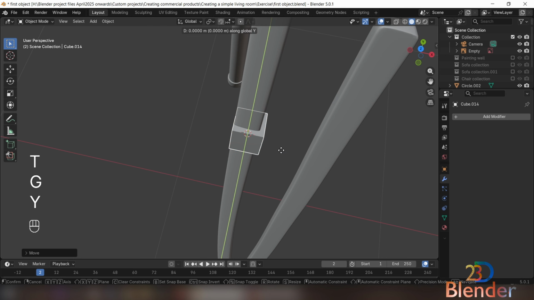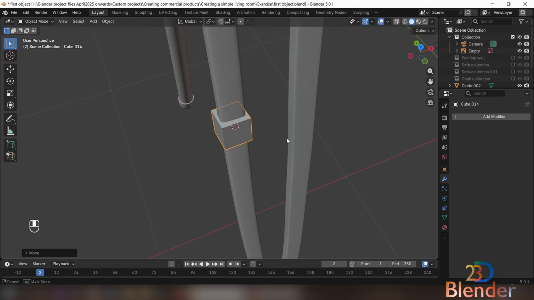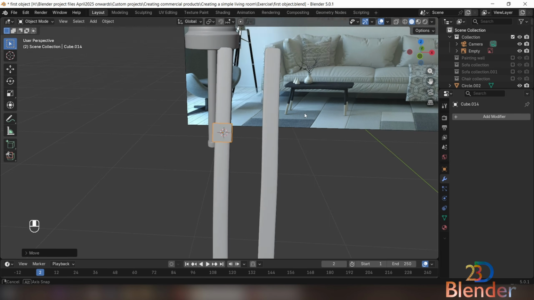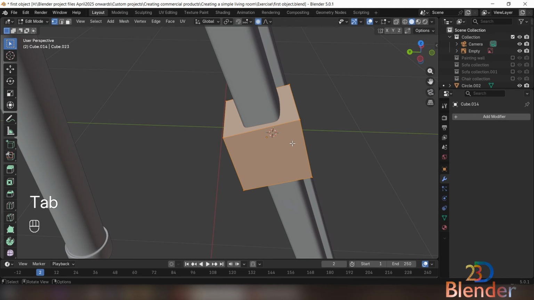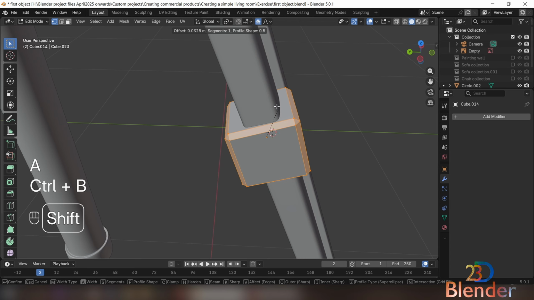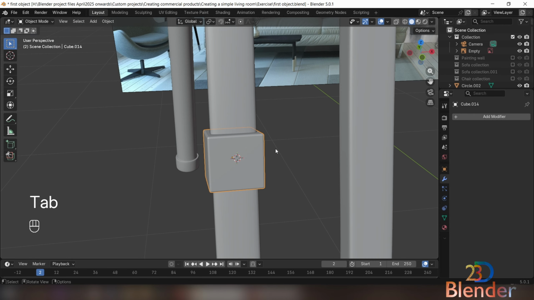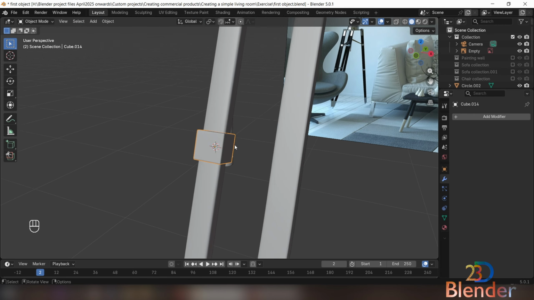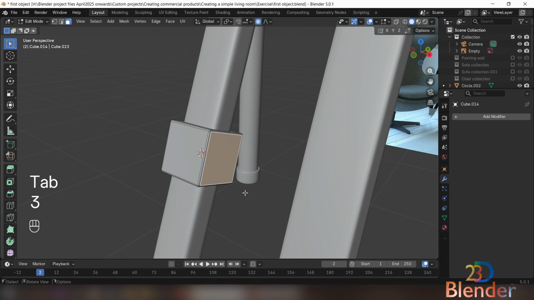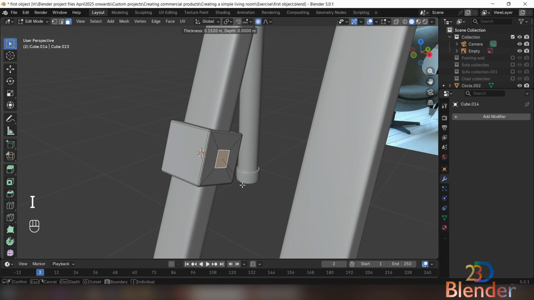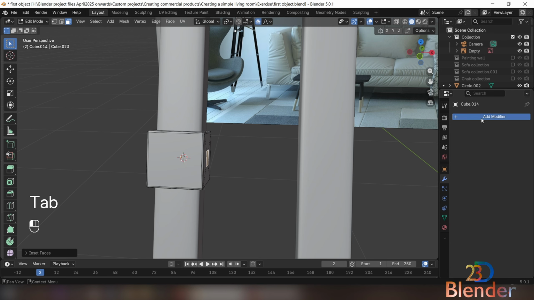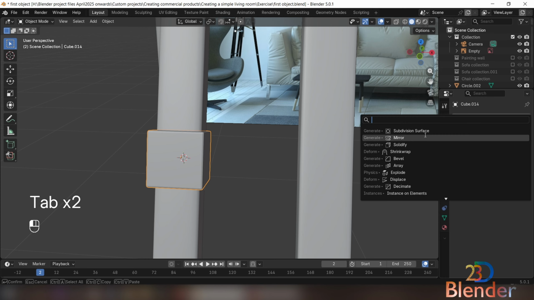G, GY global, but I want it on X, so something like this. I think it works, and let's make this cube sub D ready. I just beveled it with one segment, and let's go with this face, inset it like this, and let's add our trusty mirror modifier, mirror,